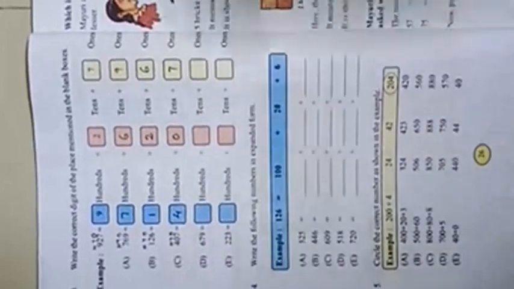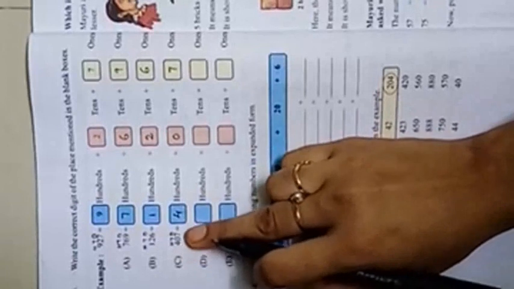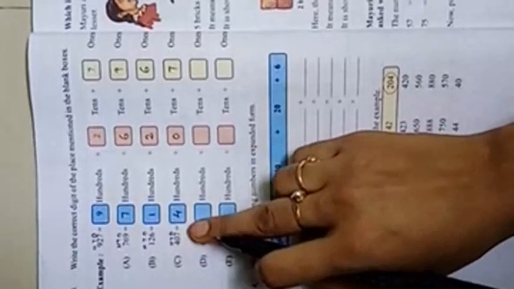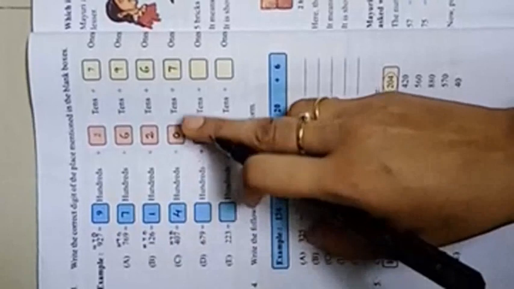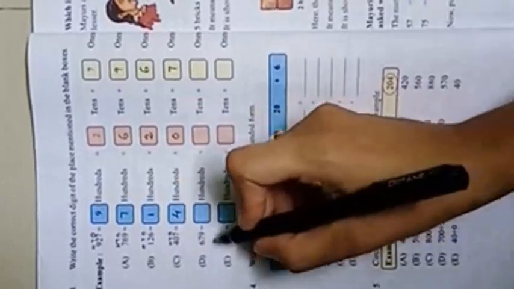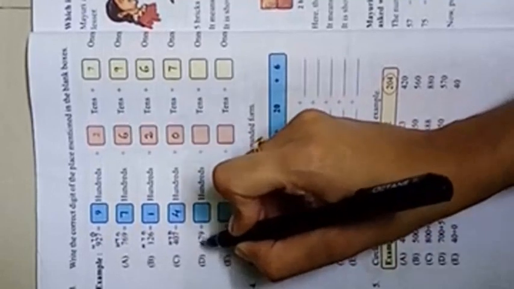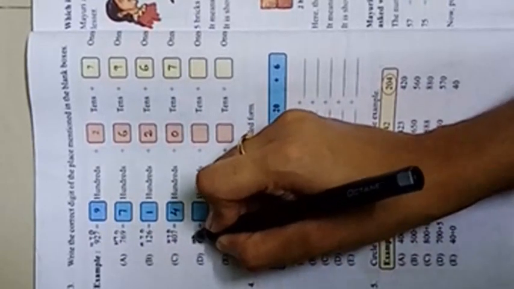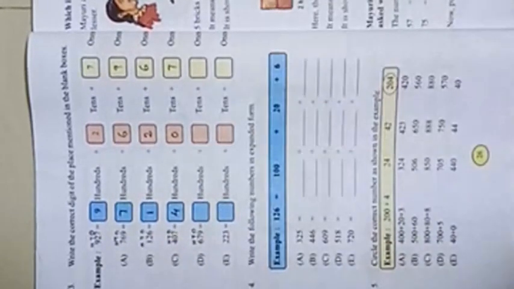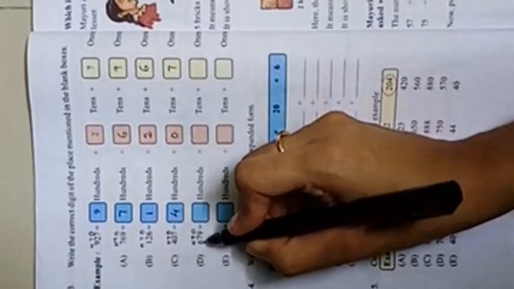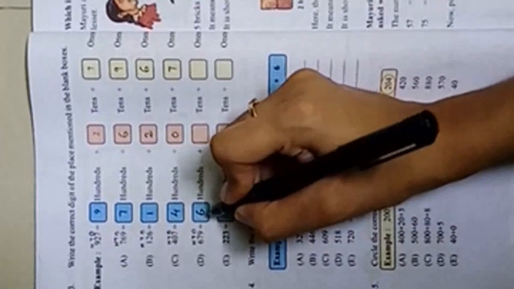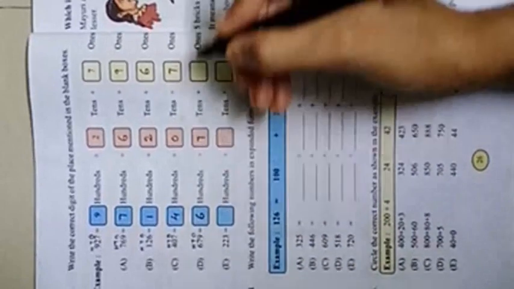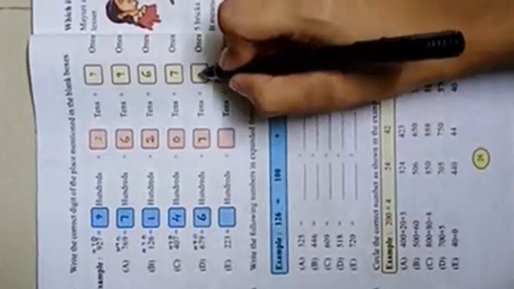So what is the very important note? Whenever you see a 3-digit number, first you write the places. Then it is very easy to separate hundreds, tens and ones. Is that clear, children? Next here also a 3-digit number. So first what do you have to do, children? First you have to write the places. Hundreds, tens, ones. Next, how many hundreds are here? There are 600. So here in this blue color box, you write 6. How many tens are here? There are 7 tens. So here you write 7 in the tens box. How many ones are there? Yes, exactly, 9 ones.